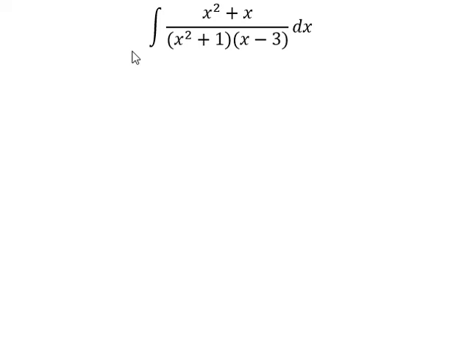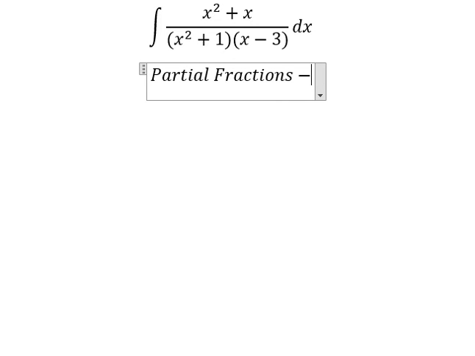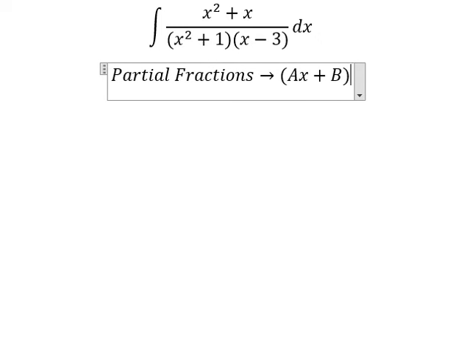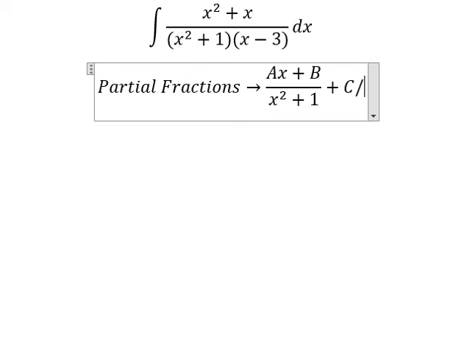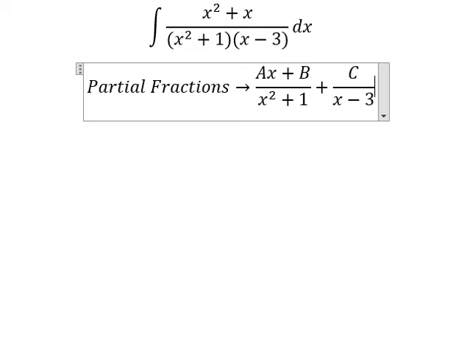The topic today is about integration. So now I will show you how to answer. We can use partial fractions. So I will put (ax plus b) over (s squared plus 1) and C over (s minus 3)